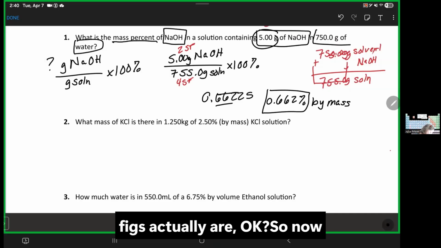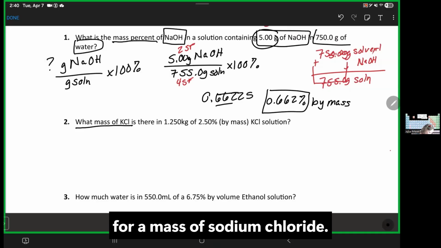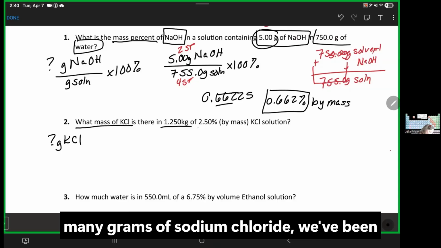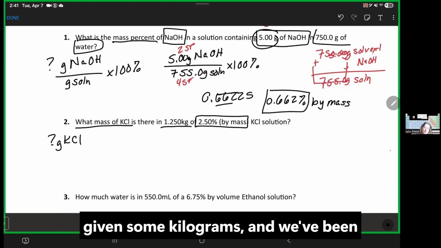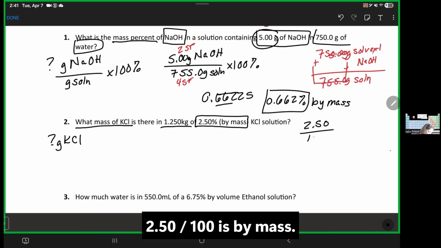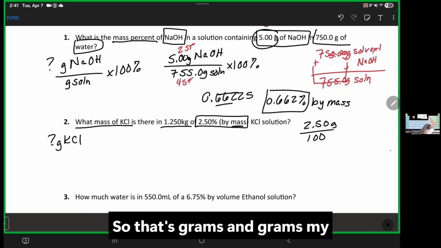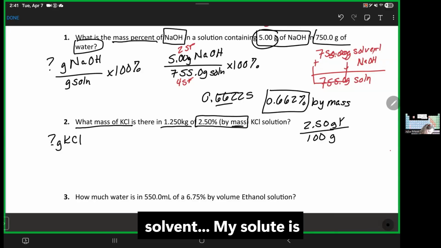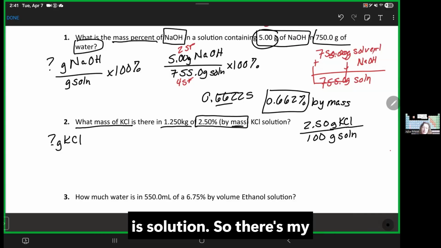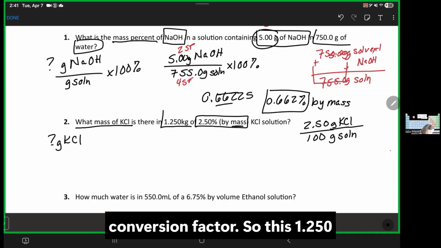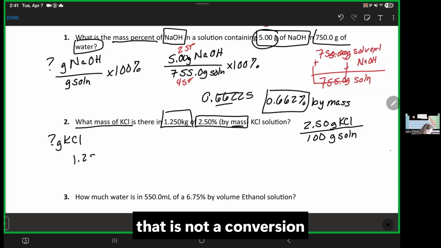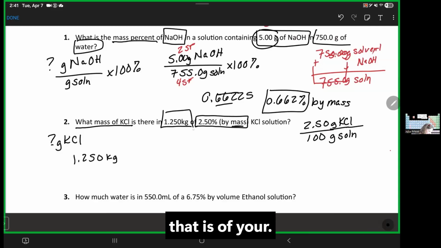Okay, so now this next one is asking us for a mass of sodium chloride. So we want to know how many grams of sodium chloride. We've been given some kilograms, and we've been given a percent. Remember, percentages are conversion factors. So that means 2.50 over 100 is by mass. So that's grams and grams. My solute is potassium chloride, and my bottom is solution. So there's my conversion factor. So this 1.250 kilograms is the only number that is not a conversion factor. So 1.250 kilograms, and that is of your